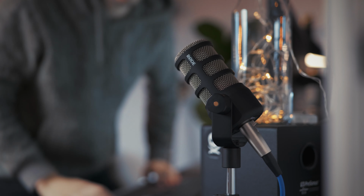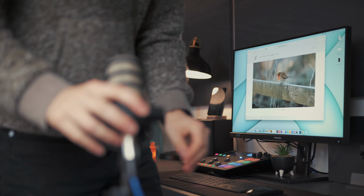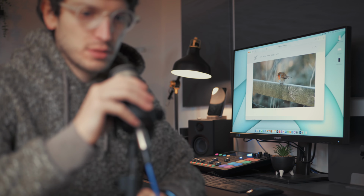So I wanted to make this room as functional as I possibly could, making it as easy as possible to be able to sit down and record a video with as little setting up as possible. And having the Rodecaster Pro permanently set up here has made a big difference with that, because all I have to do now to record great quality audio is grab this microphone, it's always plugged in around the back, slide up the slider on the Rodecaster and hit record, and there is great audio recorded straight away without having to